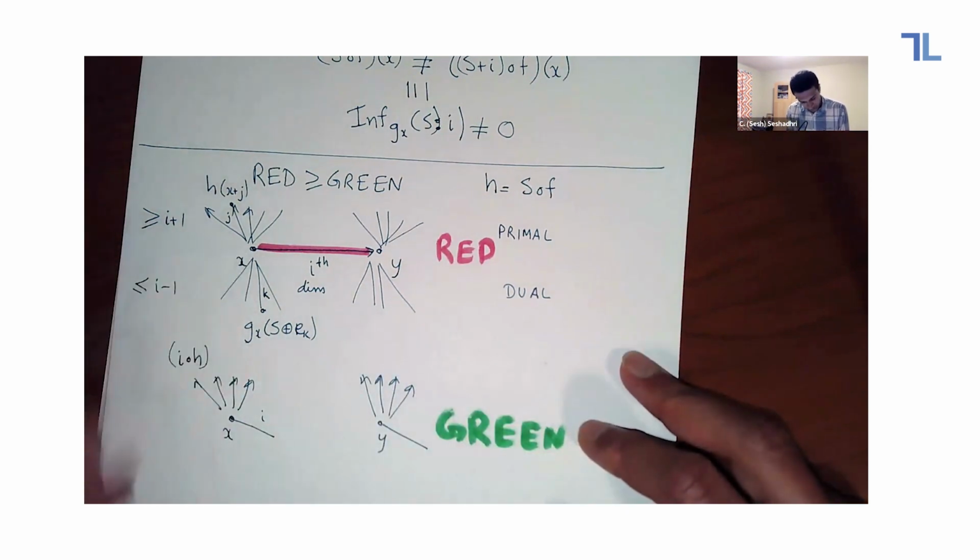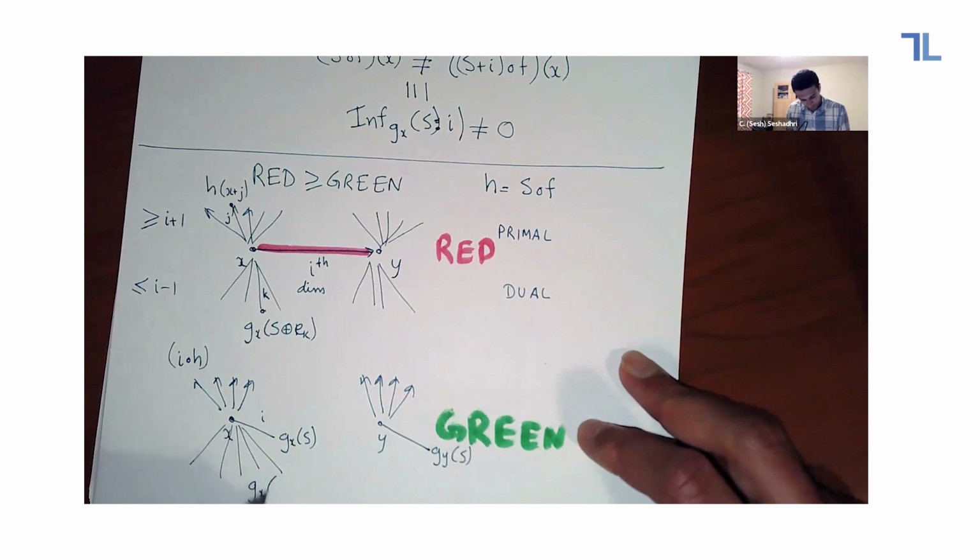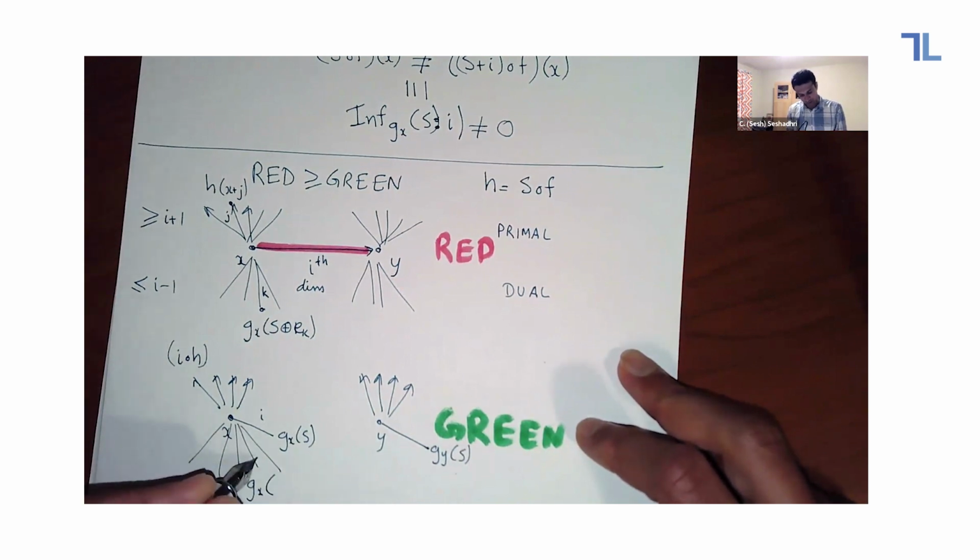So I'm going to write something here and then you will understand hopefully. Gy of s. And everything below, if I look down at the kth thing, I'm looking at gx of s xor ek, but I'm additionally also switching